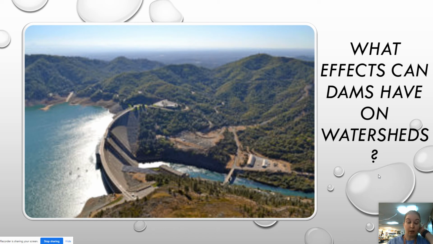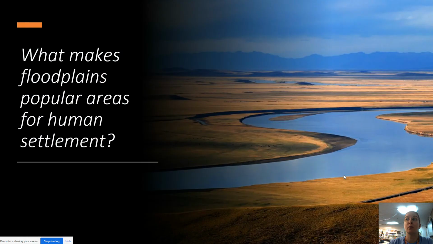Temperature changes can also affect the growth of organisms, because the average temperature of this water versus the average temperature of this water are going to be very different. And it's going to also prevent fish migration. So we get cool things like fish ladders and fish cannons. Look that up on YouTube. It's kind of cool. So 4 big things that dams can impact watersheds.